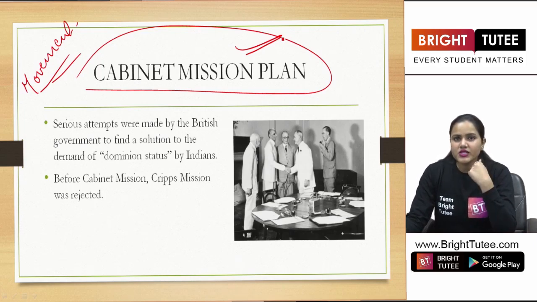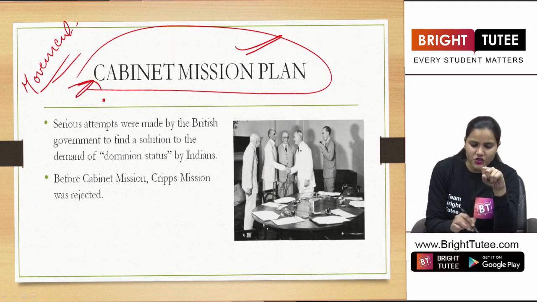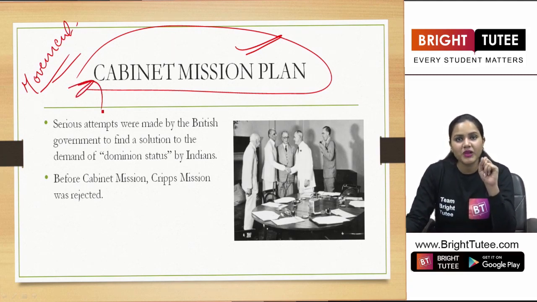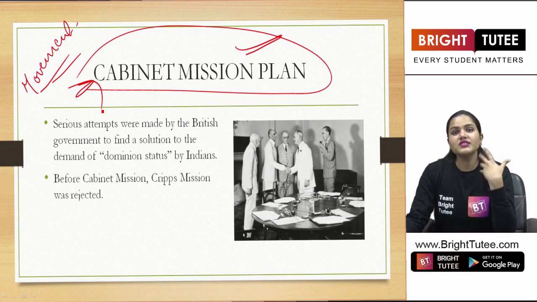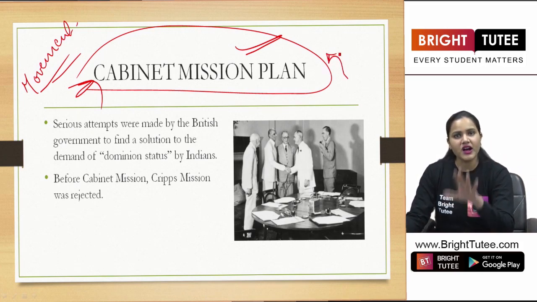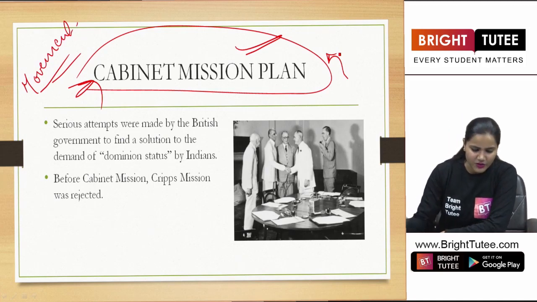Now, before this, students, what did we learn? We talked about Subhash Chandra Bose, how he was a great nationalist leader, and what were his contributions in the nationalist struggle that we are talking about, right? So here, when we are talking about the cabinet mission plan, what were the changes taking place before that, and what led to this formation or the coming up of this plan, right? We are going to understand that now.